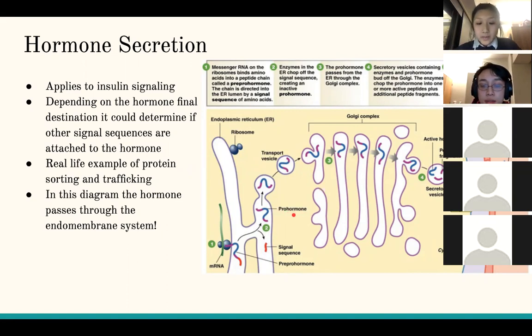Because this did not have an ER retention sequence, it's going to continue on through the endomembrane system. So it's going to go out of the ER through the Golgi. It's getting chopped up into pieces along the way. And eventually these secretory vesicles are going to transport it out of the cell through exocytosis. That's just the word for when, if you want to think about it, a cell basically throws up whatever is inside that it doesn't want. So that's the opposite of endocytosis, which is when a cell wants to bring in something.